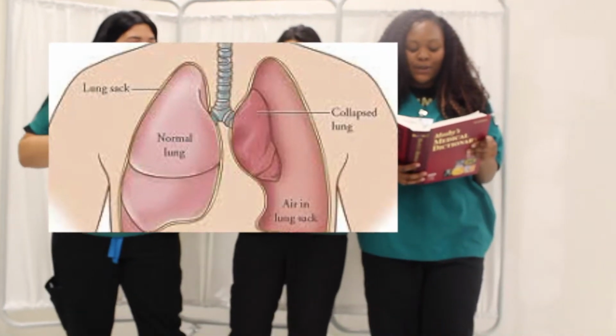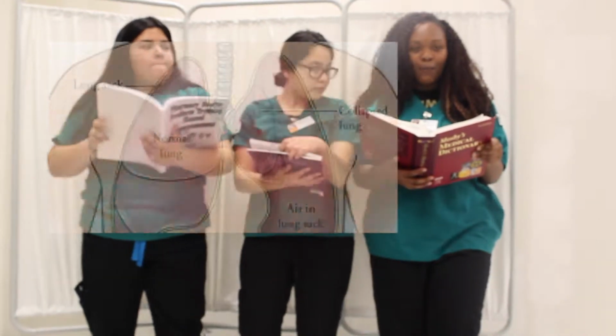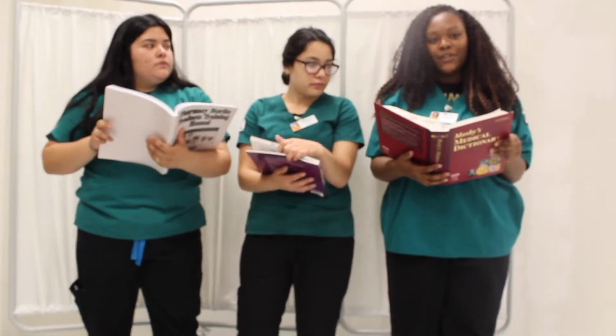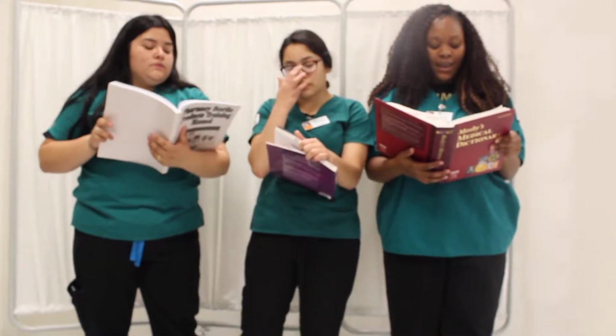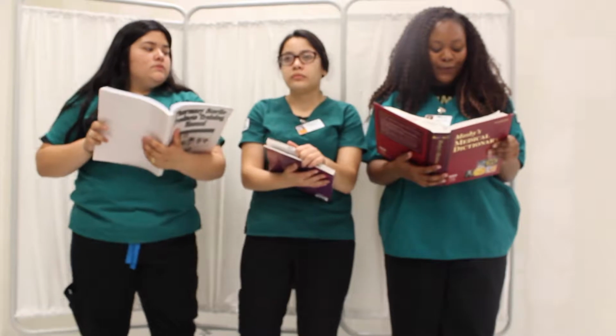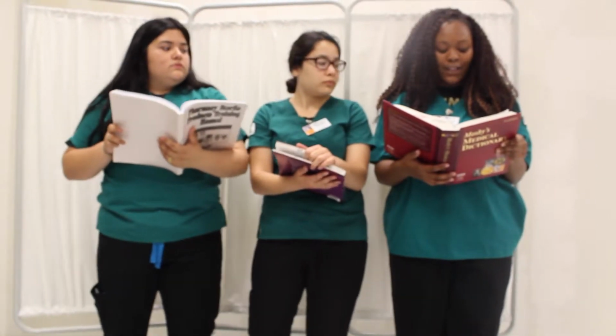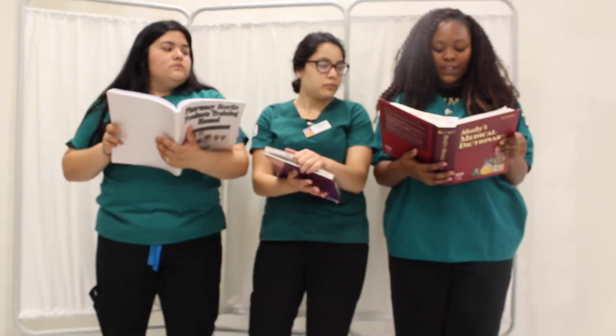For the physiology, the pleural cavity helps each lung function while breathing. The visceral pleura covers each lung and dips into fissures between lobes. The parietal pleura attaches to the inner surface of the thoracic cavity and separates the pleural cavity from the mediastinum. The pleural fluid functions as a lubricant between the visceral and parietal pleura, allowing both to glide smoothly during